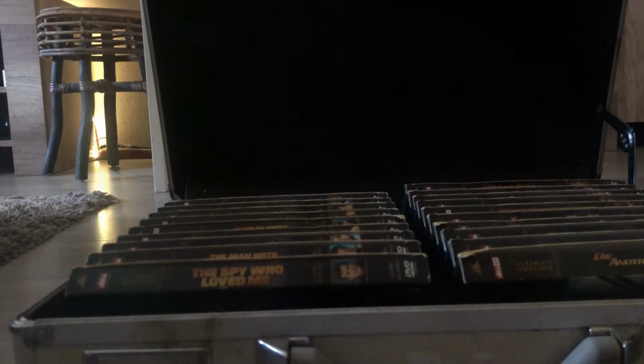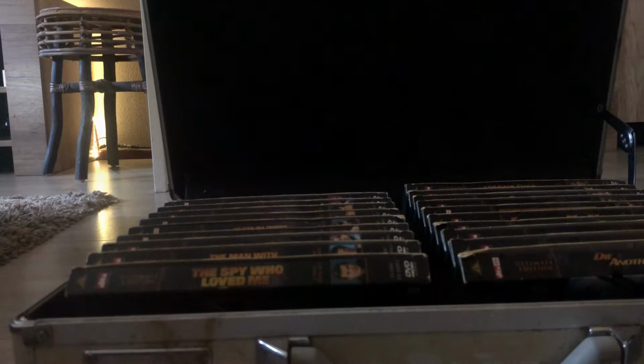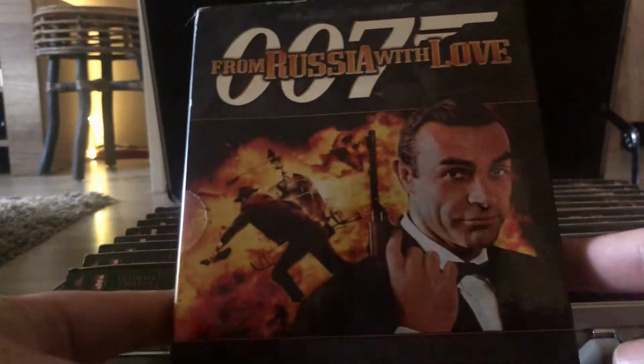So yeah, Dr. No is a film I've always loved. It's definitely the lowest budget of all of the Bond films. We all have to start someplace, and that's definitely for me a good way to start. Anyway, next up is From Russia with Love,